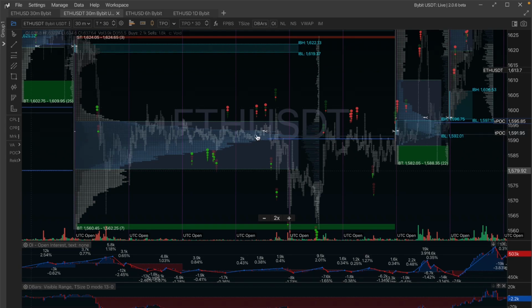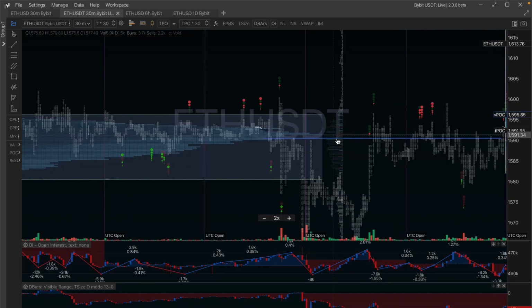You have two different types of point of control. You have the volume point of control, which is where the most volume was spent, and the time point of control, which is where the most time was spent in the market. More often than not, in my personal experience, the time point of control is the most reliable, but the volume point of control can also be very handy under certain circumstances